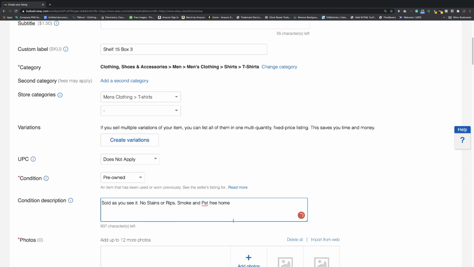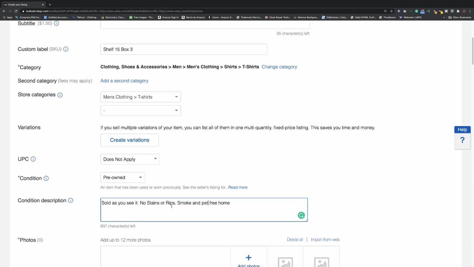Smell the item, make sure it's not smoky. If it is smoky, you have to say it. Just say it may have an odor, it came from a house that has some smoke. You can't lie. Just be very, very honest. Let me tell you something, people will appreciate it. They really, really will. So smoke and pet-free home, sold as you see it, because you're going to take awesome